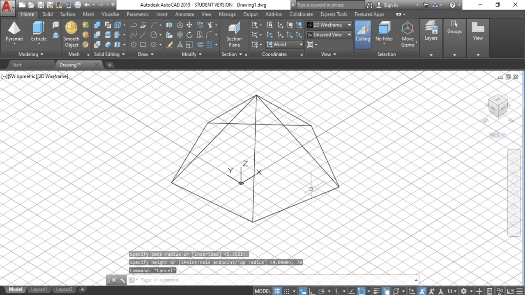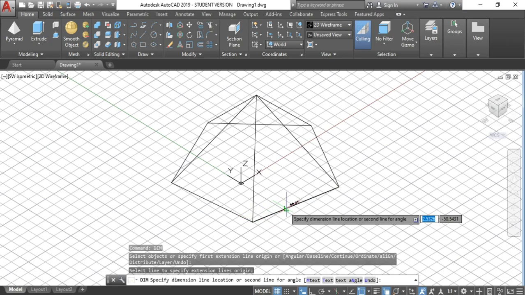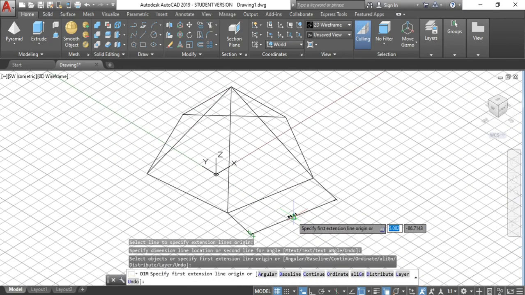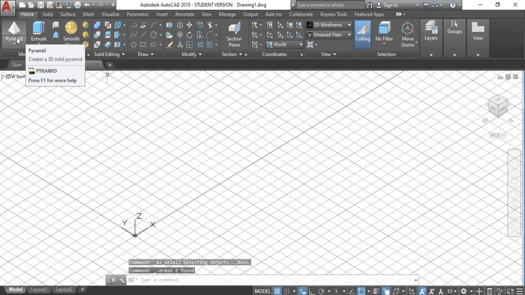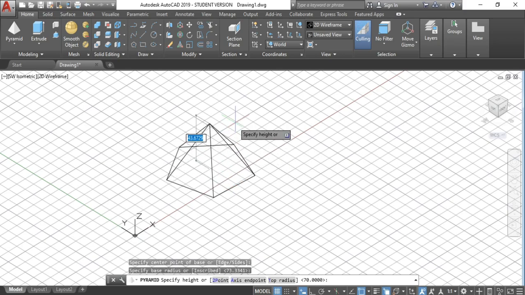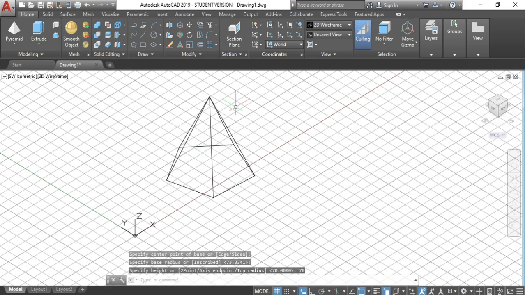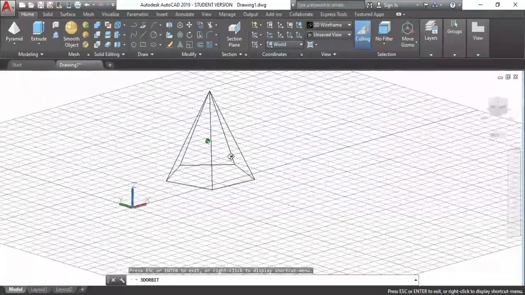Actually, the side is not 30 mm, the dimension is different. Okay, so we have created a pentagonal pyramid here,